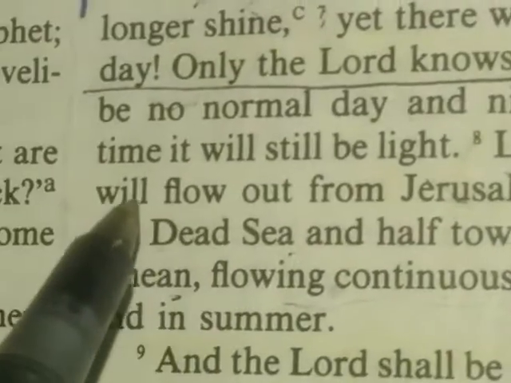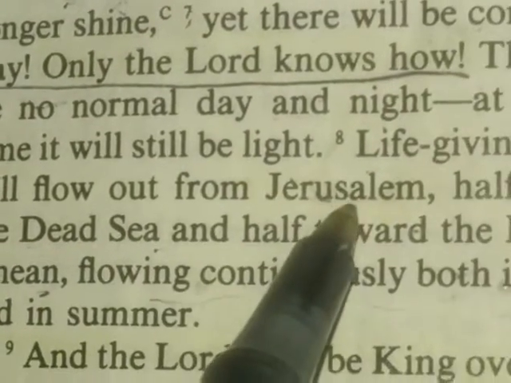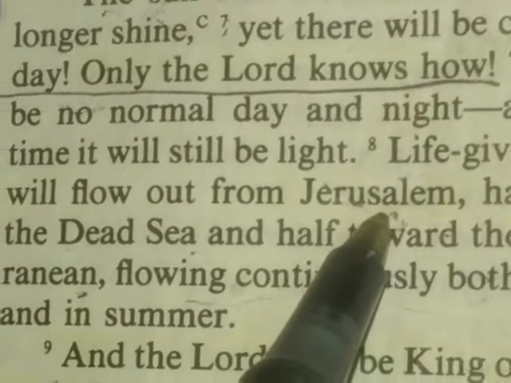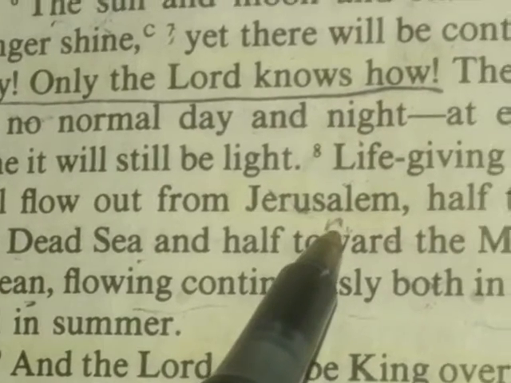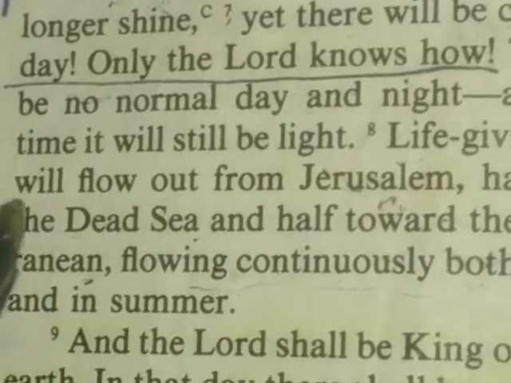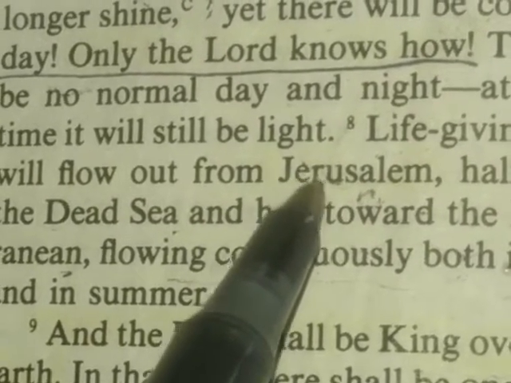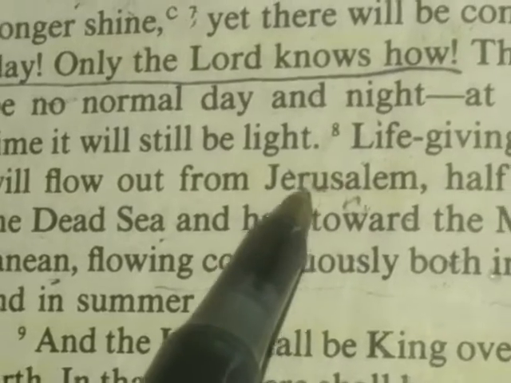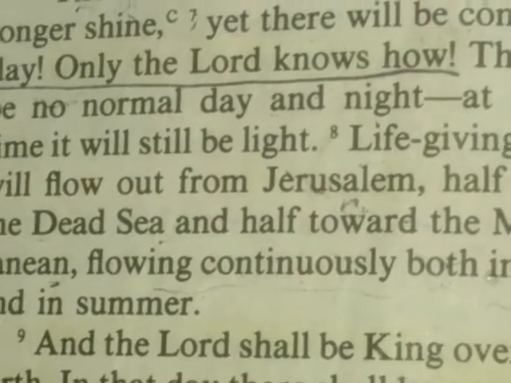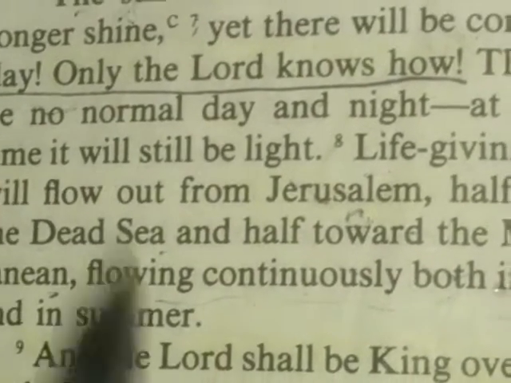Life-giving waters will flow out from Yashalon. See that, from the Kodesh city. They call it the city of Dawid as well. Will flow out from Yashalon, city of peace. Because remember, saying that day it's going to be changed. They're going to be called Yah Shema. Yah is there. So keep that in mind.